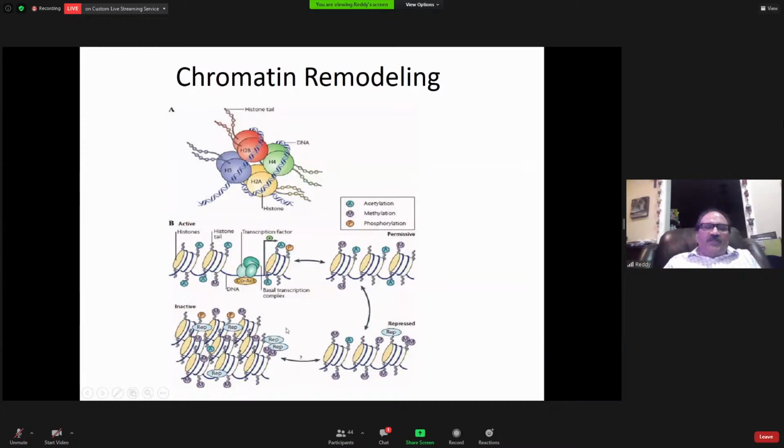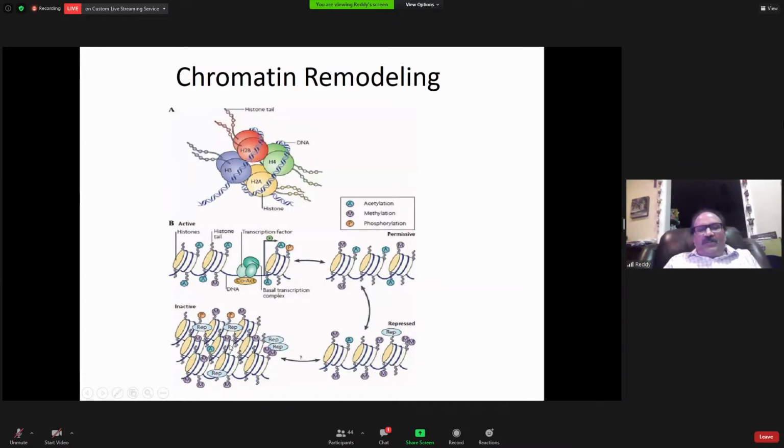When the genes are mostly silent, of all our genes, like in humans, if we have 30,000 genes, all the 30,000 genes are not functional at a given time. Only the genes that are required will function. The rest of them will be silent, sleeping. That sleeping condition is called the repressive state, where all these histone tails that have amino acids are methylated. Methylation is kind of a lock.